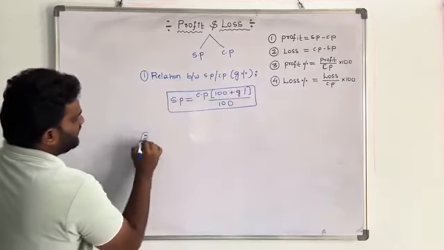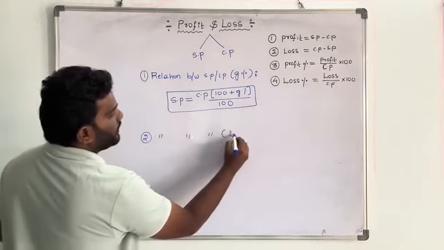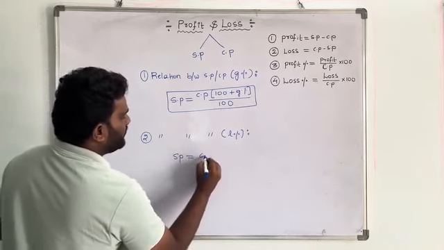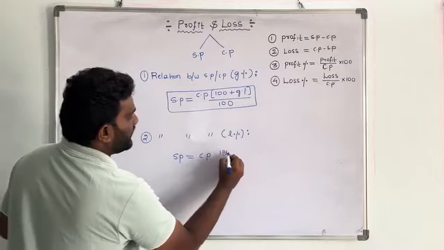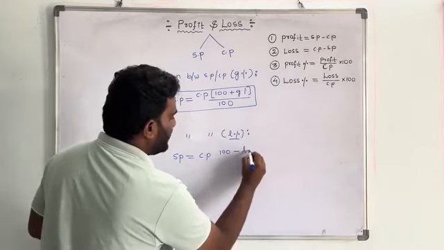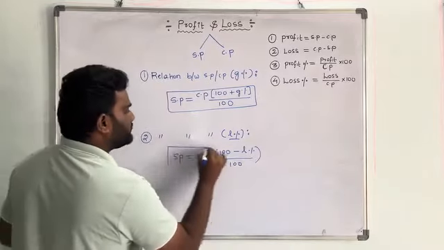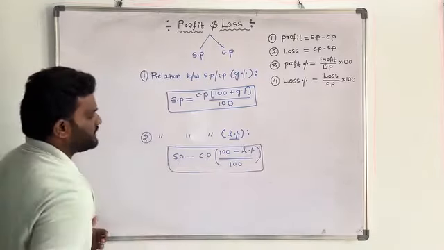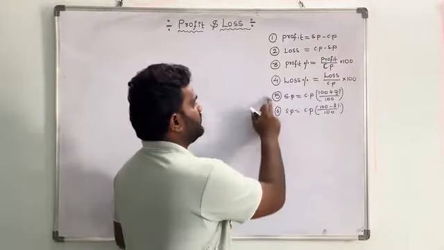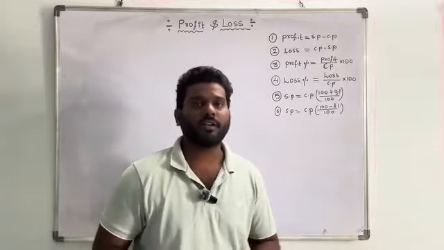Similarly, this is the relation between selling price and cost price when loss percent is given. Simple. Selling price is equal to cost price multiplied by 100 minus L percent, divided by 100, because loss always indicates negative. So this is the relation between selling price and cost price. So we have learned about the 6 formulas. The last 2 formulas are the relation between selling price and cost price when profit percentage or loss